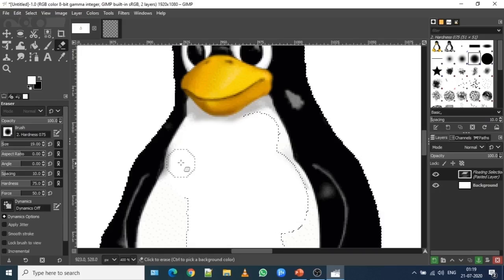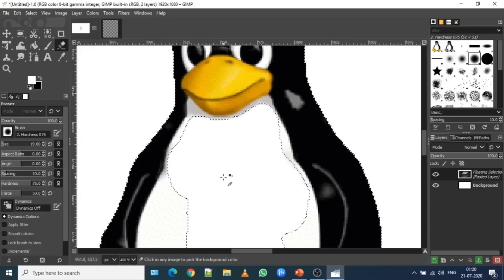Once it is done, go to the finer part of the image and try to reduce the grayed area. Did you see that? So this gray area has now been removed.